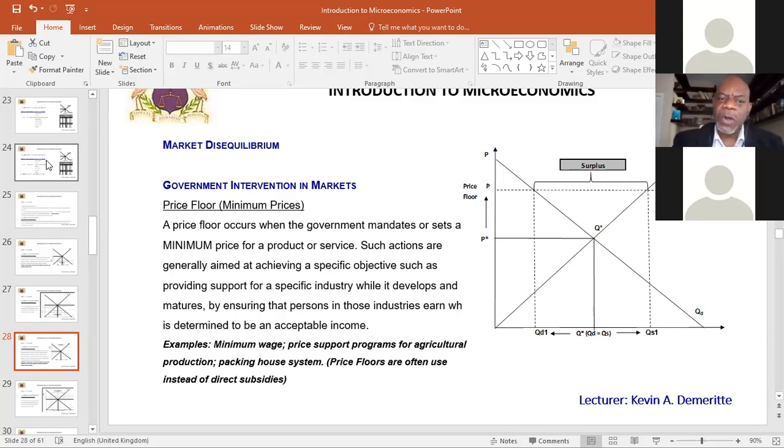That's a price floor. Government imposes such a thing, so clearly that causes a disequilibrium in the market. And we said last time, when you have a price floor, if you're talking about labor, for example, the price of labor goes up. If the price of labor